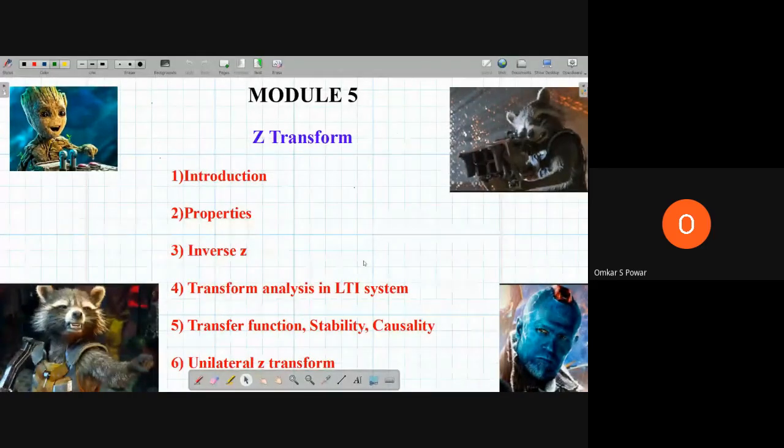And particularly in control system, you want to analyze a system as a whole. Here, we are particular with only the signals part, and in order to get the complete overview of the system, to analyze the system, we have to study control system. So that you will be studying in higher semesters. And whatever we are studying here, like Z transform, Fourier transform, we are going to apply these techniques in subjects like control system, DSP, etc.